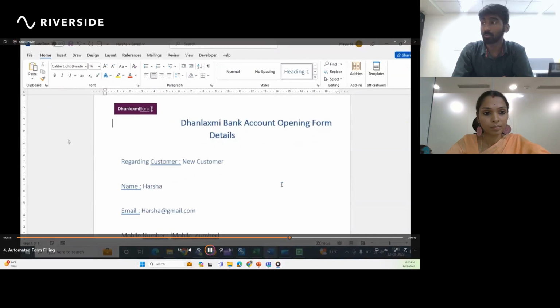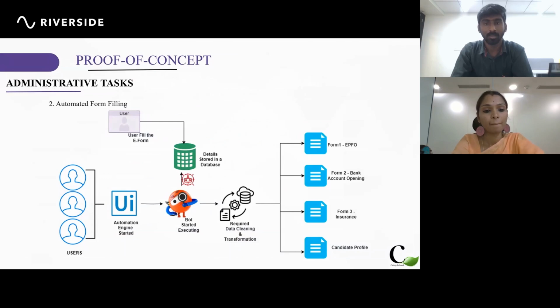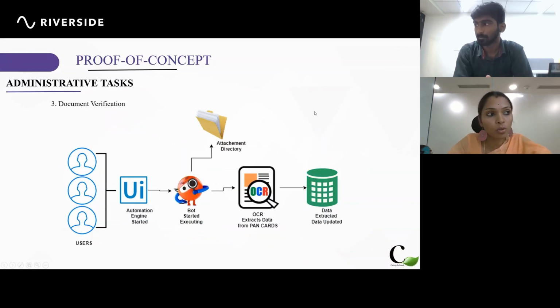So this is how we can reduce a lot of time by filling any form. This is awesome. This saves a lot of time. There are almost close to 15 or 16 forms on average, be it any organization, that the employee has to fill on the day of joining. So if we are able to automate all those, and if the HR is able to have those forms in hand before the employee even steps into the organization, you can just go through the fields to check if they are filled up right,